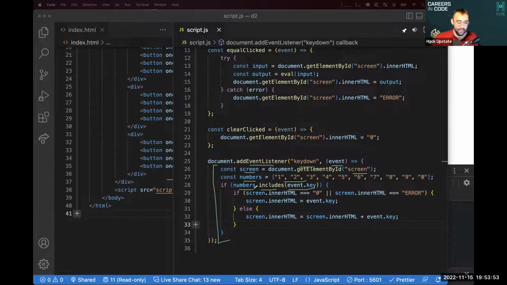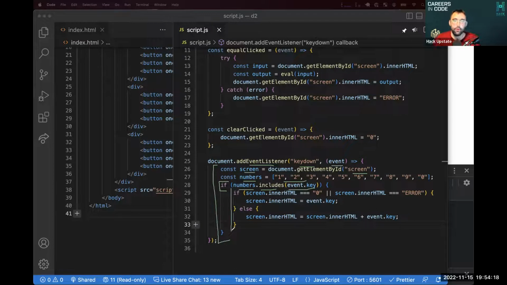If it wasn't, this if statement is no longer true, and so we just go down to the end of it. There's no other code, and we just ignore whatever key they pressed. However, if the numbers that we are expecting includes the key that they pressed, then we're going to go through